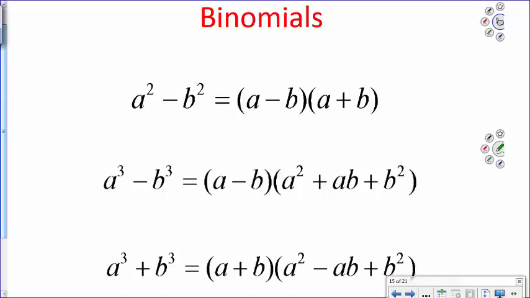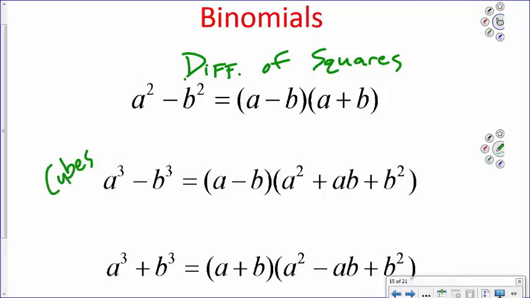And one thing to add to your notes: we already talked about a difference of squares, how to factor a difference of squares. One thing we haven't talked about yet is difference of cubes and sum of cubes right here. So these are with binomial cubes. Right, so that means that the first term and the second term are cubed on both of them, and we can factor whether it's a plus or a minus sign. And if you notice what it is, you take the cube root of each, and those are going to be the binomial, and the sign stays the same, so minus, minus, plus, plus,